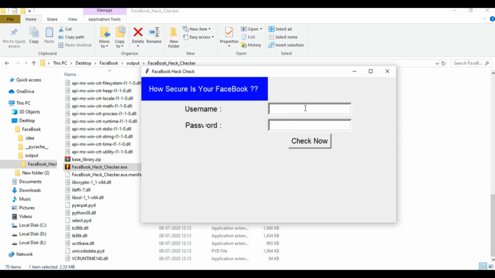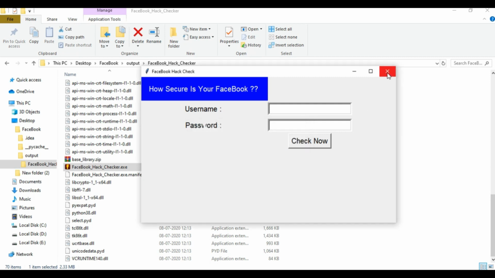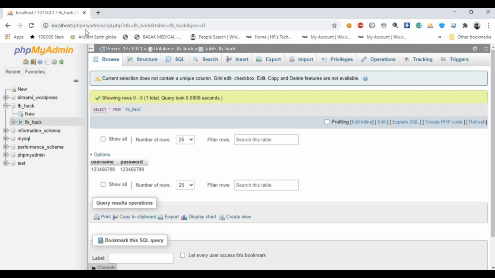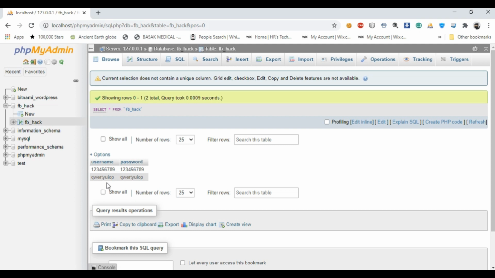You can share the link by shortening with bit.ly. So let's try another thing. See, your account has been hacked 30 times. Let's close the application. Go to the database, refresh it, and see, your username and password is coming.